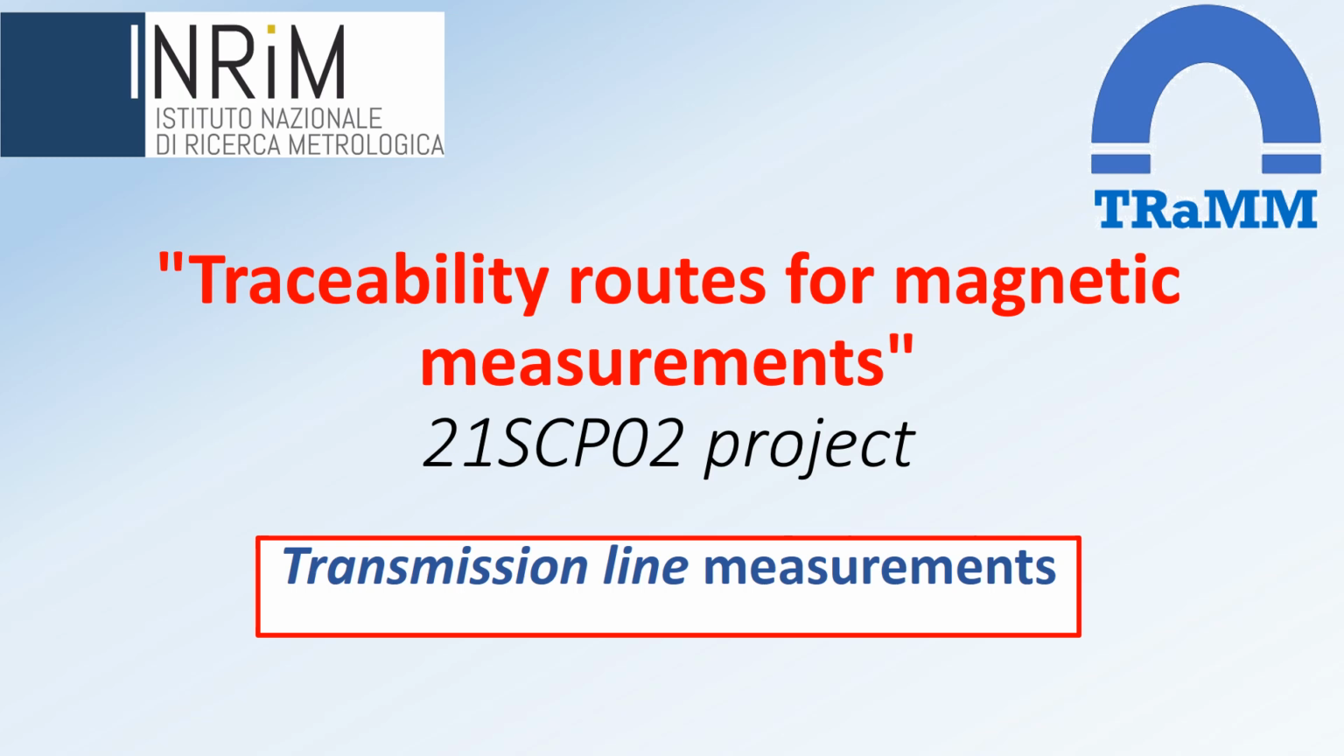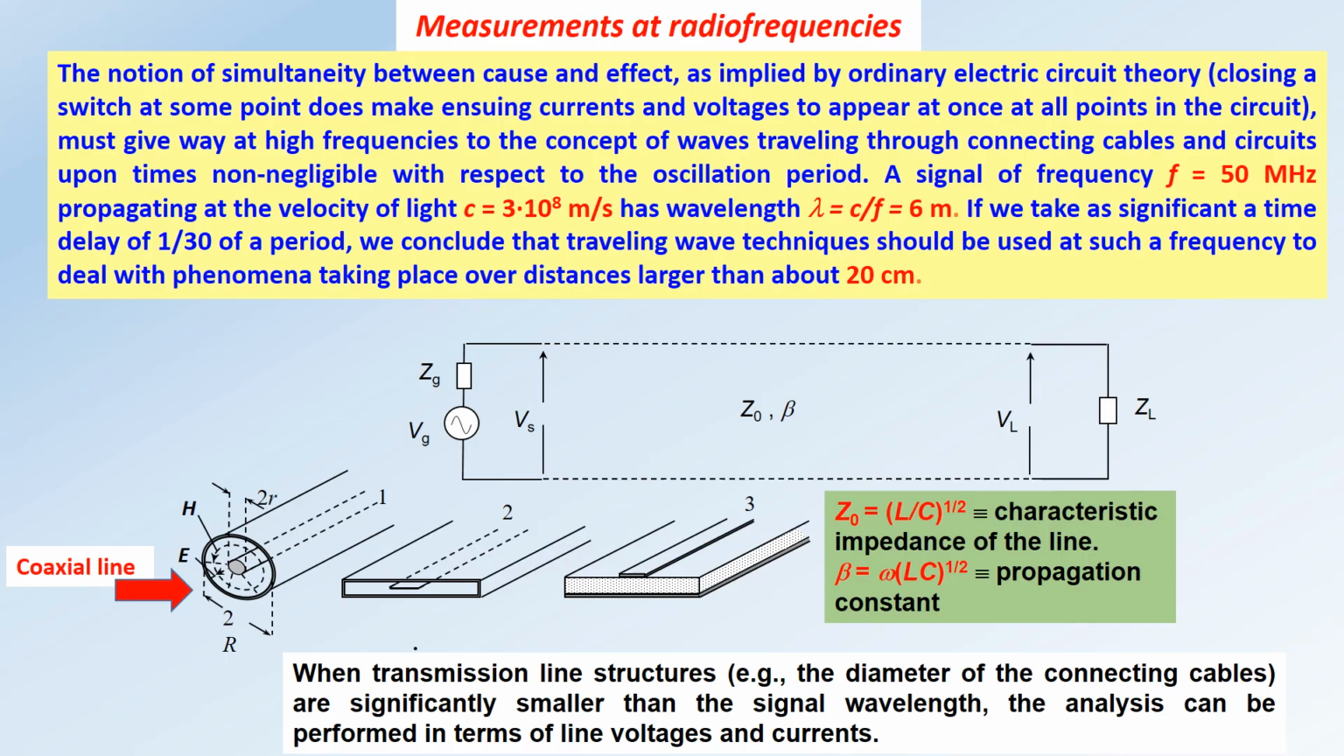Now let's present transmission line measurements. The notion of simultaneity between cause and effect, as implied by ordinary electric circuit theory, closing a switch at some point, thus making currents and voltages appear at once at all points in the circuit, must give way at high frequencies to the concept of waves traveling through connected cables in circuits over times non-negligible with respect to